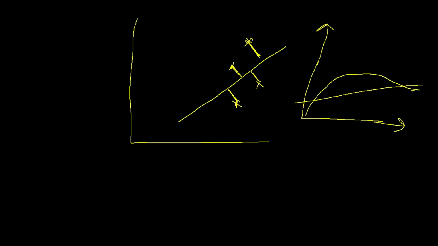In that case, our training error will be very high and it will give wrong predictions in most of the cases. If the query point is somewhat close to this line like here, then the training error will be low and the prediction is also right. But in most of the cases, we can have the query point here, we can have the query point here. Then in that case, our prediction will be wrong in most of the cases. Therefore, we will not prefer linear regression in this case. And then we need to switch to polynomial regression.